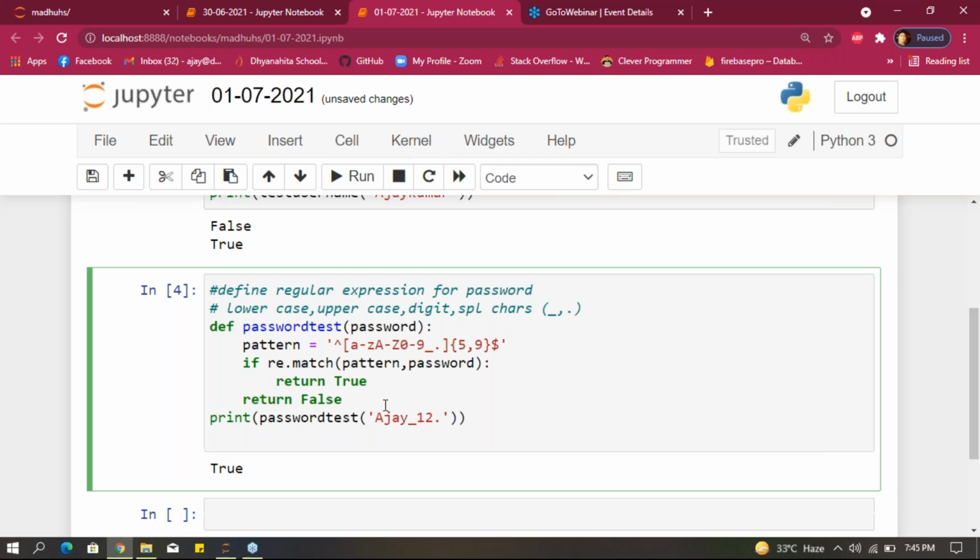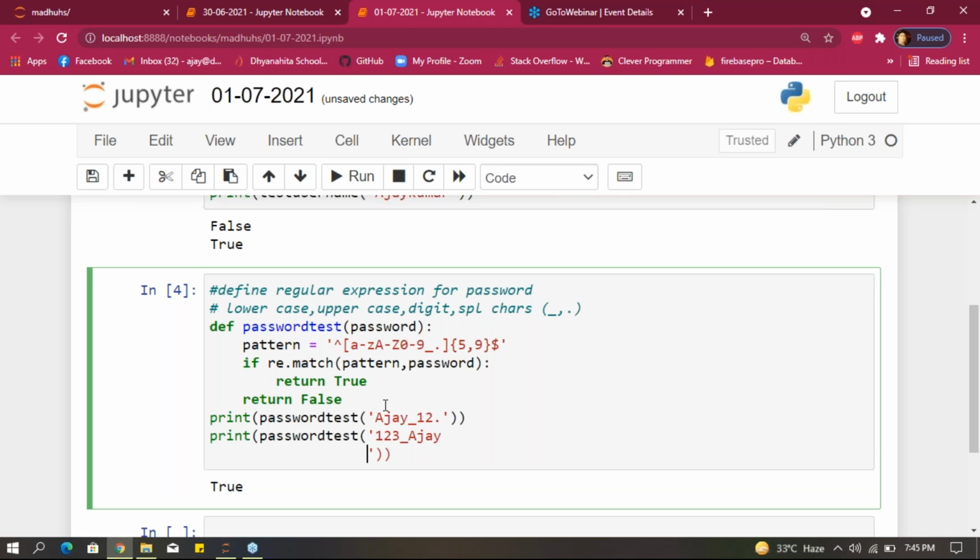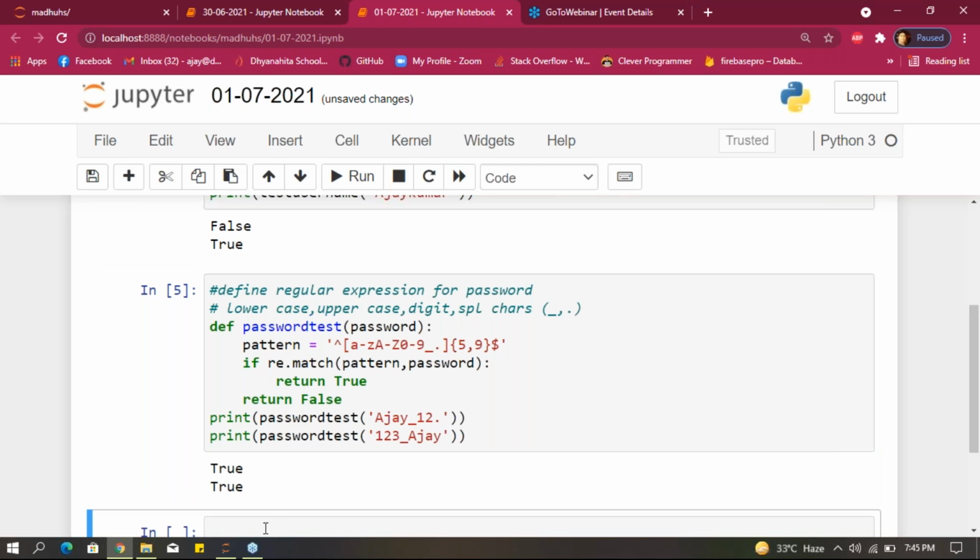For example, if we print password test and give 123 underscore as input, and run that, we will get true.